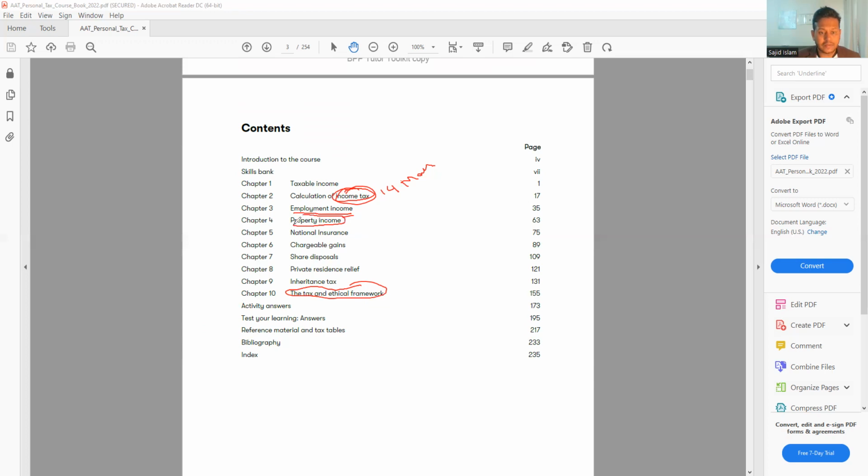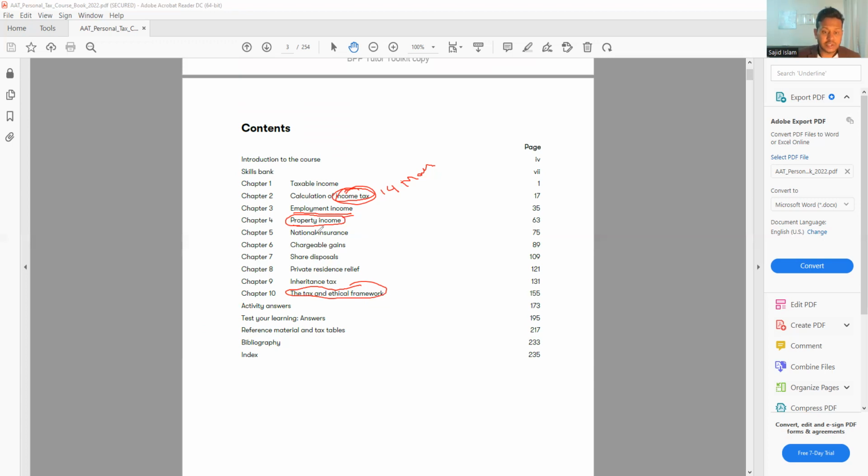So this is the rented property. If you have a property, it could be a residential property or a holiday property, and you rent it out, what sort of tax do you need to pay? Sometimes you might have a main residence and rent out one room. If you rent out one or two rooms, how are we going to calculate the tax on that, and what sort of relief will you get? You're going to look at that in this chapter.